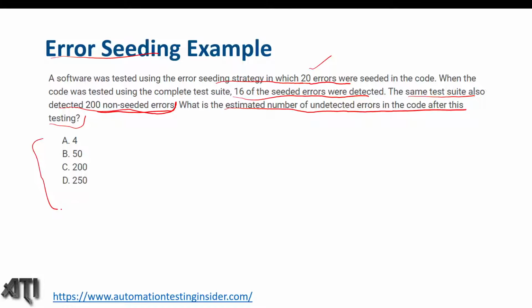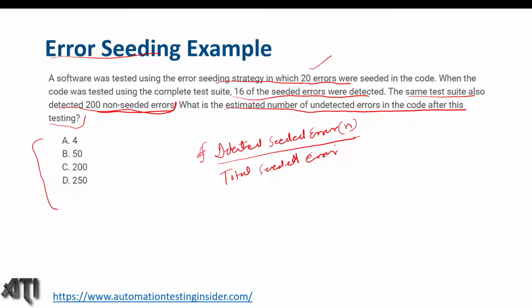So how to resolve this? We have a formula, guys. Let me write the formula. The detected seeded errors in the program, let's denote by n, and the total seeded errors. So what I have written here is detected seeded errors divided by total seeded errors, which is equal to